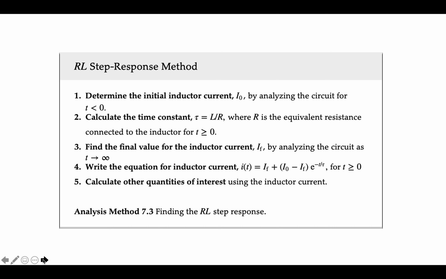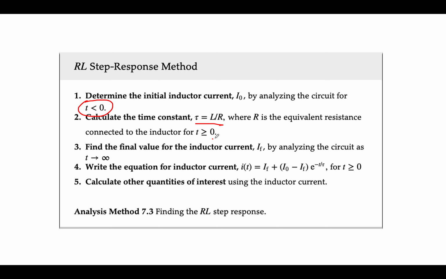So summarizing, kind of a recipe for a method, and this is one of the reasons I like the Nielsen book, because he does a lot of this sort of listing recipe. Stepwise, the first thing you have to do is determine what is the initial inductor current I sub 0. You can only do that if you analyze the circuit for times less than 0. So you're going to have to do your first approach for what happened before any switches move, for t less than 0. The next thing you have to do is calculate your time constant, L over R,